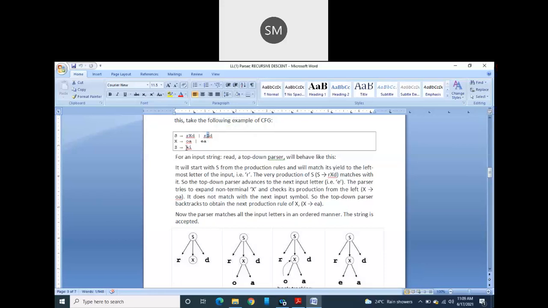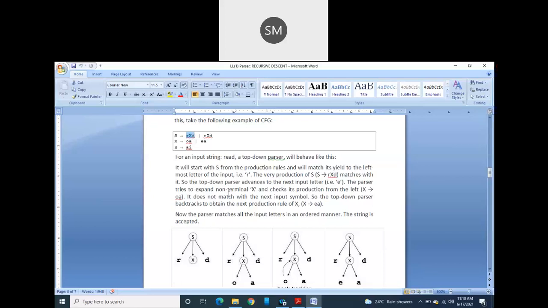Now if you look into Z, that Z is giving you AI, which is not matching with your string, but your next two characters are EA, and here it is AI. So you will ignore this one and select this one, because X is giving you EA. Then after that the small letter D is there, and here also the small letter D is there, so definitely it will take this one. Are you understanding now? This is how we are going to do this top down parser to match our string.